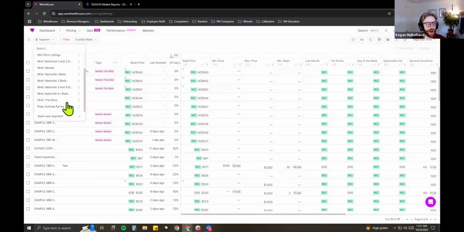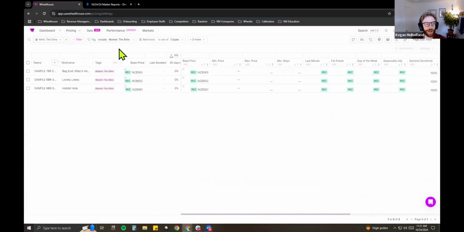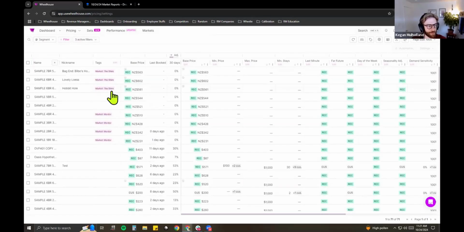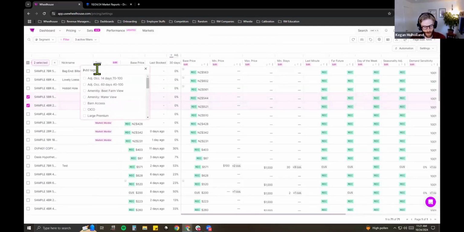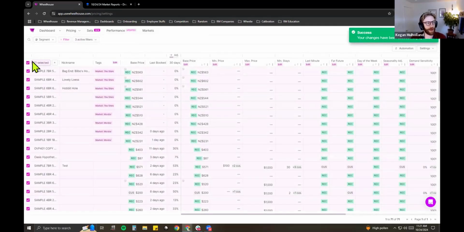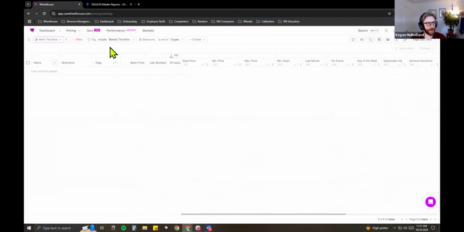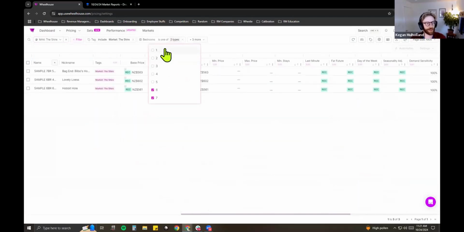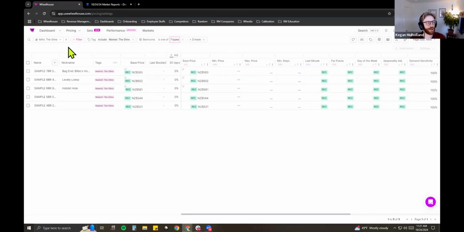Right now I do have a segment for the Shire, but that's the old 3 listings that were already in there. So what I want to do for the new properties, these 2 here, is make sure they have the tag Shire because that's what my segment is using. So let's say I have these 2 new properties. I'll select them. I'll add them to the Shire tag. And now when I use the segment for the Shire, they should show up there. Oh, I need to update this too because those are actually not 6 and 7 bedrooms. The new properties we got are smaller. I've added those to the segment, so I'm going to save it.